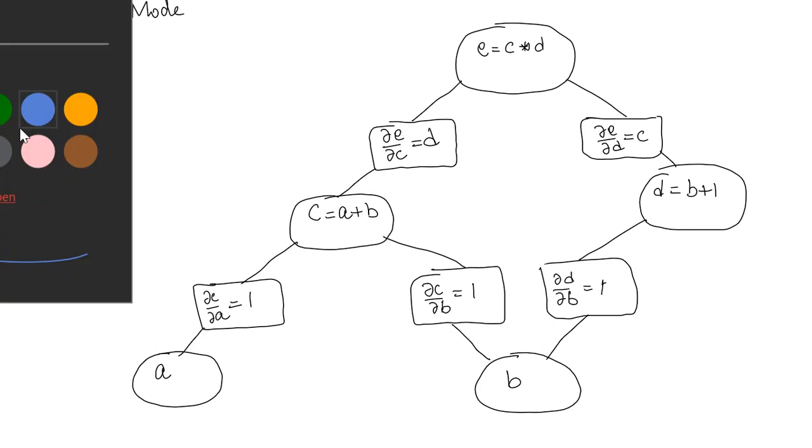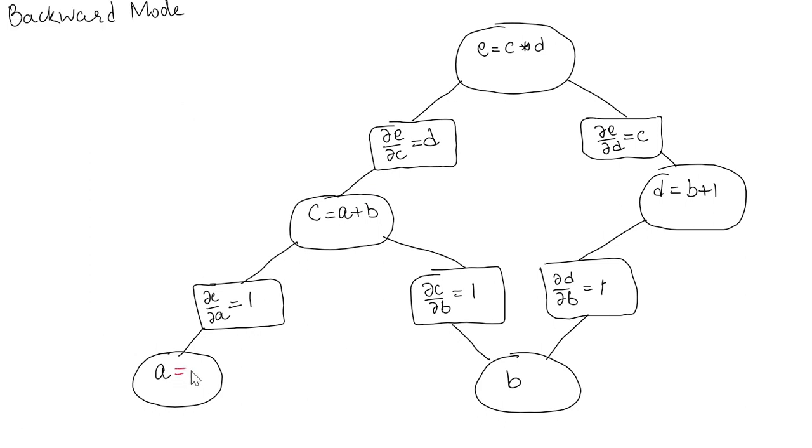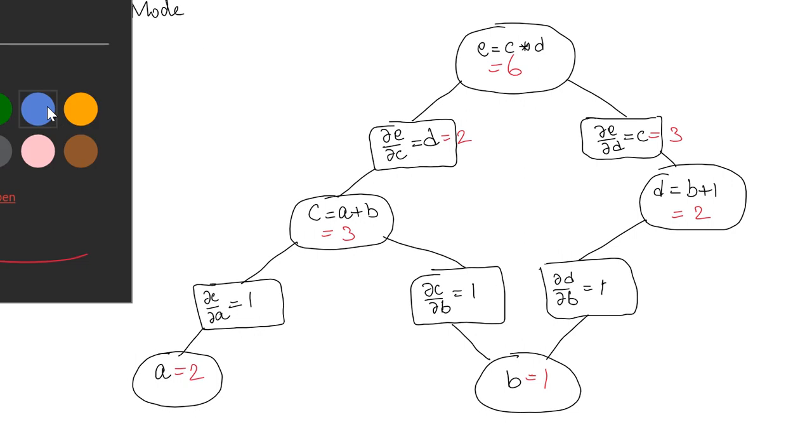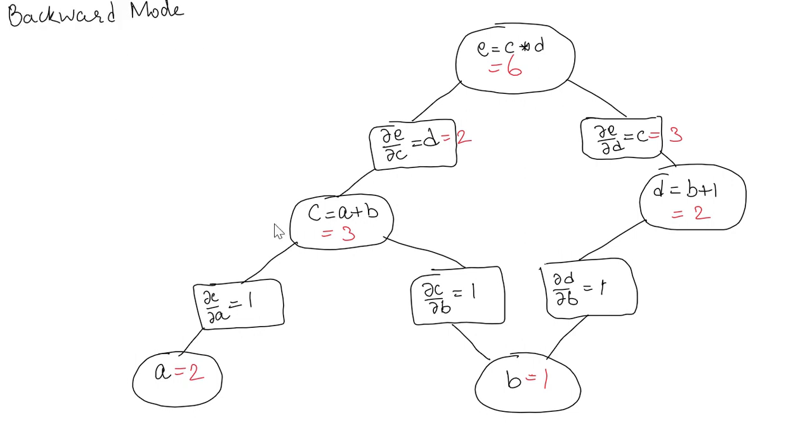So again, let's say we have the values A is equal to 2, B is equal to 1, C is equal to 3, D is equal to 2, 6. This will take the value from here. This will take the value from here. From the forward mode differentiation, which is the fundamental that we have been studying in calculus courses and everything, we have established that the path rule is correct. So we will simply use the path rule in this case. Our end objective is, again, we want these.